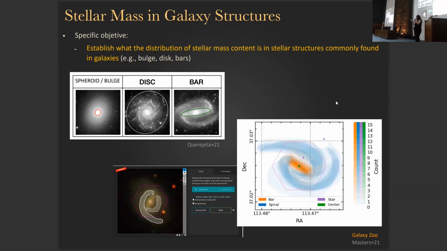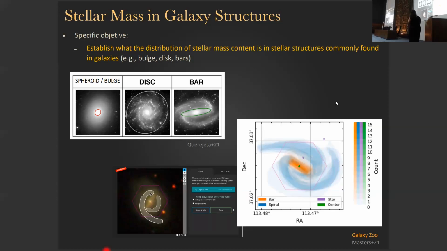They're not necessarily trained to detect stellar structures or classify galaxies. You give them a small tutorial, and then you ask them to classify as many as they want. So this has actually been quite productive. A lot of papers have come out, but my interest here is just to show you that, for instance, here the person is actually asked to draw a region where they see the spiral arms, where they see the bars,